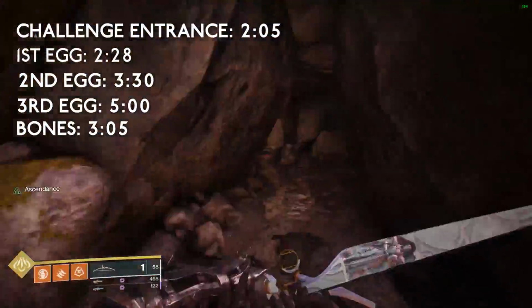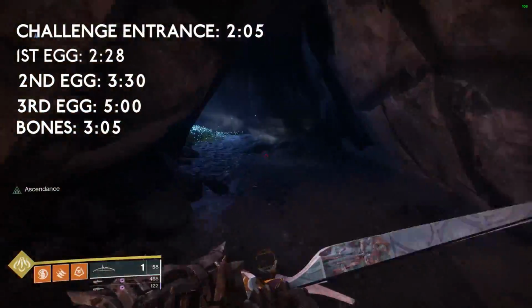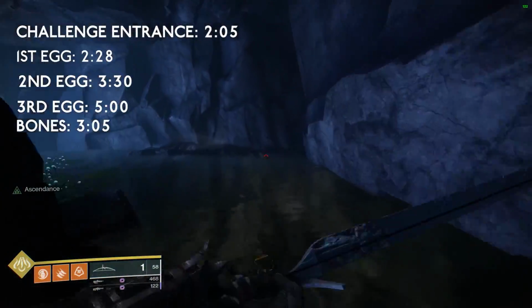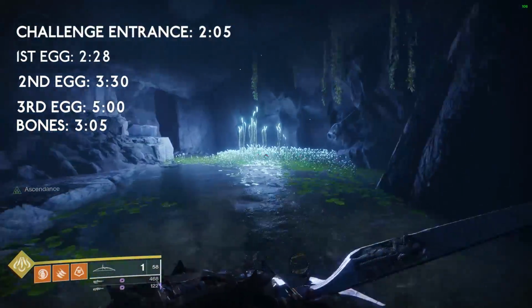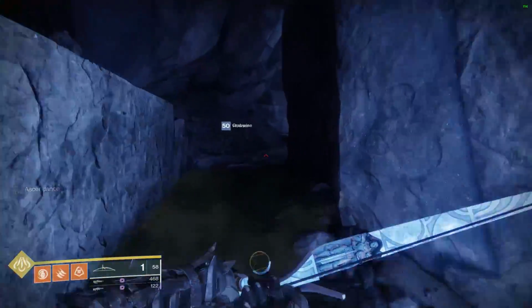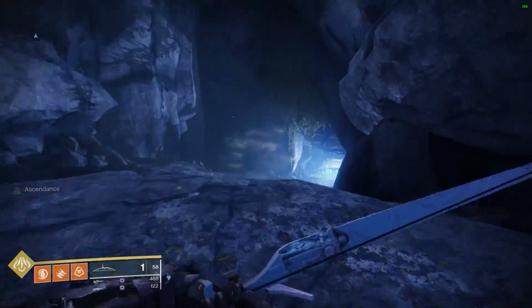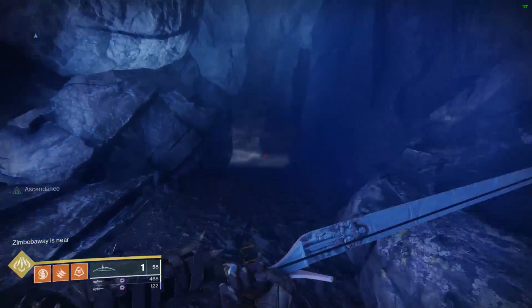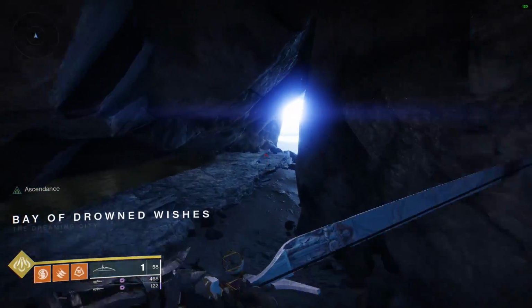We're going to turn back around and head this way into the Lost Sector, where you will find the Bay of Drowned Wishes. You can see that I've already used my tincture of Queen's Foil. If you look on the left side of my screen, there is a thing that says Ascendance, which means I'm going to be able to see secret stuff throughout the Dreaming City, whether it's chests, platforms, or